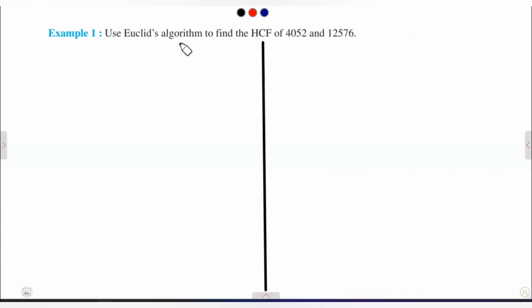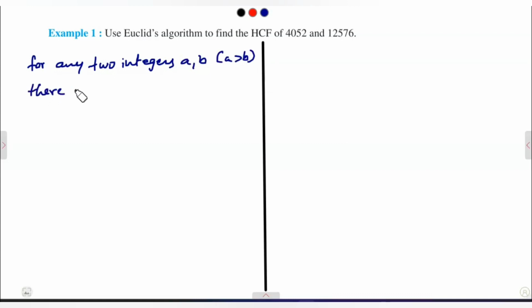According to this question, use Euclid's algorithm to find the HCF of 4052 and 12576. So to find HCF of these two, we need to apply Euclid's algorithm theorem. First of all, let us recall what is Euclid's algorithm theorem. According to Euclid's algorithm theorem, for any two integers a, b, a greater than b, remember, there exist two integers